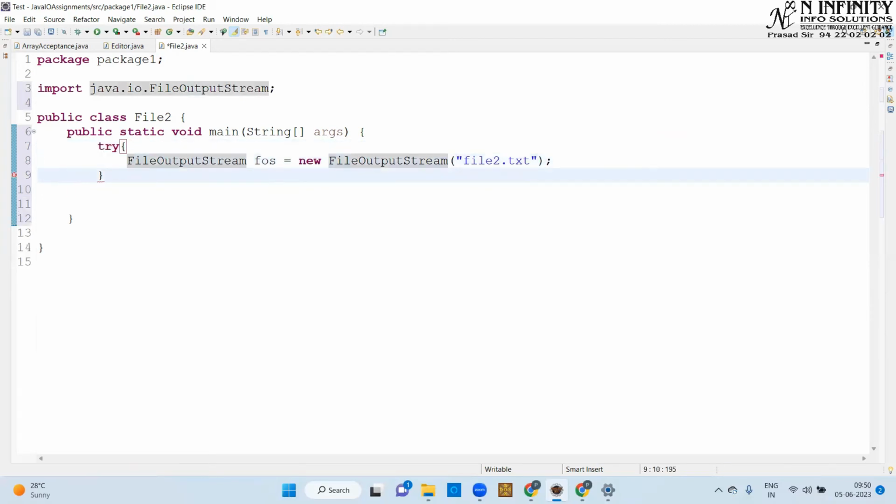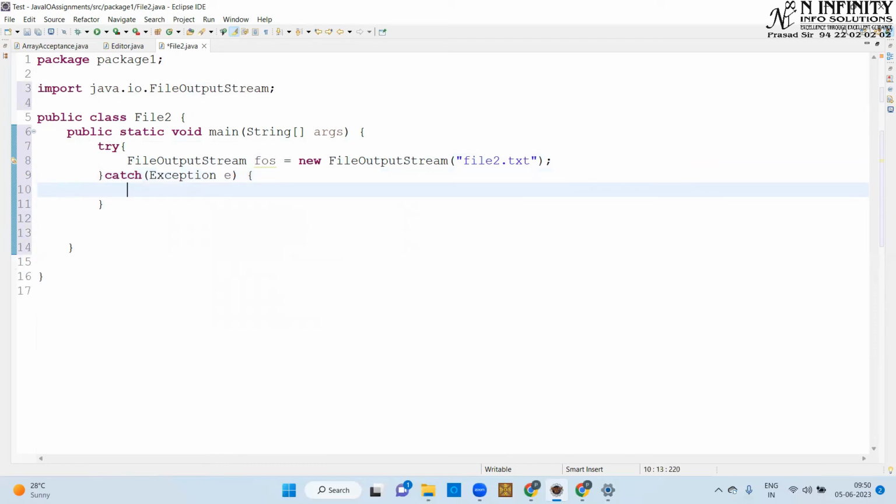Let's put it in the try catch, and in this case I'll go with exception e, and we'll put a sys out as, let us say, file error, right? Okay, and here